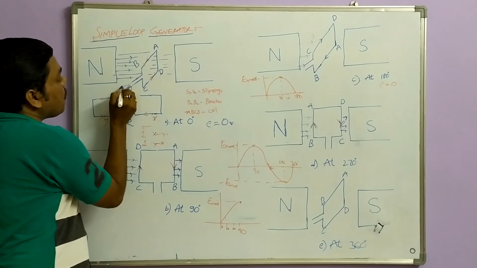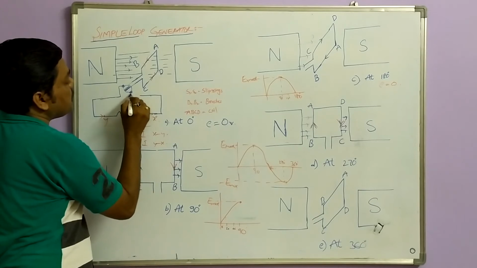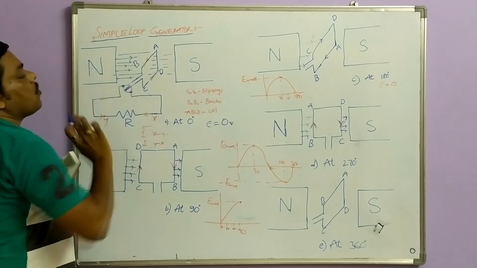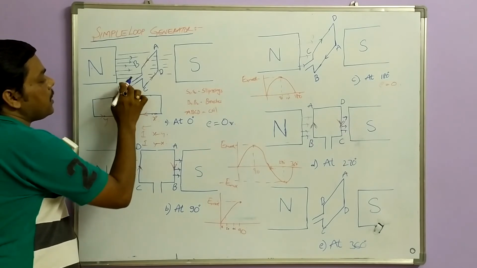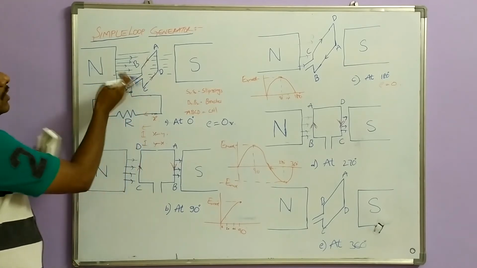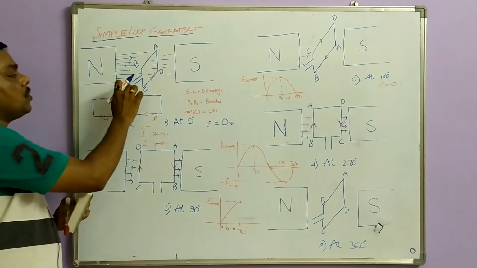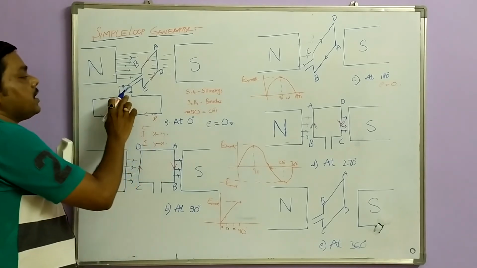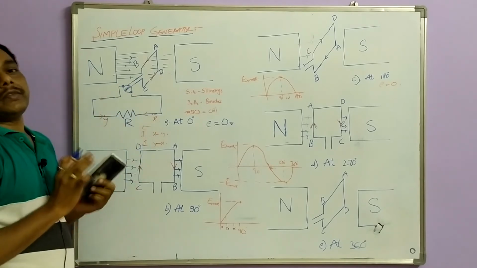That means we are having one brush here which is connected to this, and one brush here which is connected to X portion. Let us say this is X portion and this is Y portion, and this is your split ring. So split ring is also similar to slip ring, but this portion is always connected to the left side portion of Y side, and this portion is X portion, it is always connected to X portion. That means unlike your slip ring, split ring is always connected to your Y portion and X portion permanently.